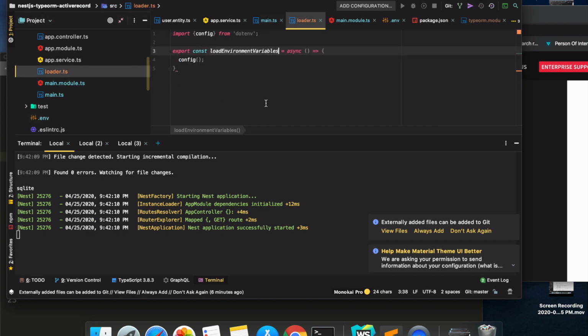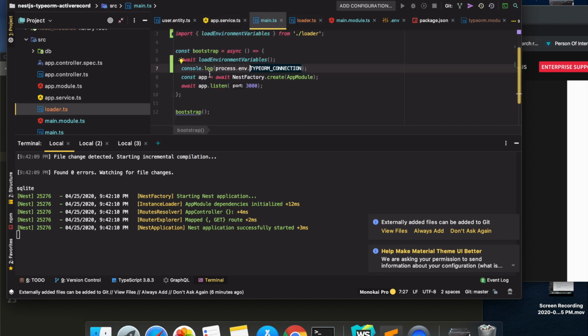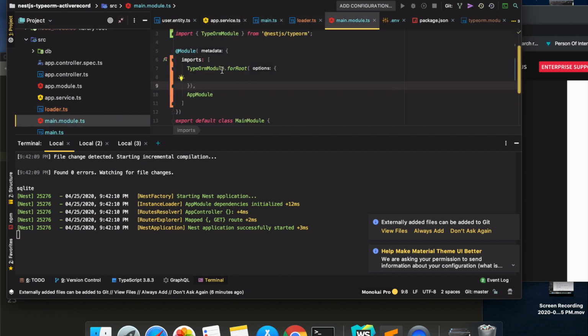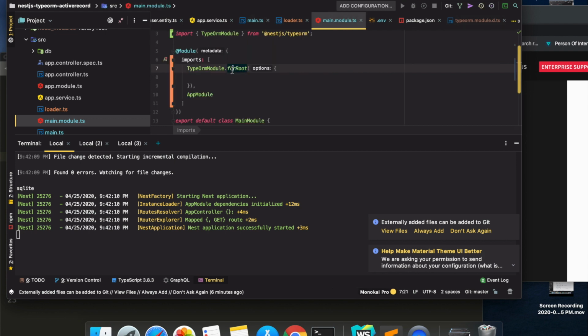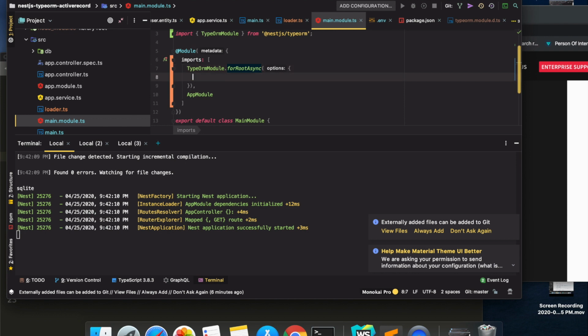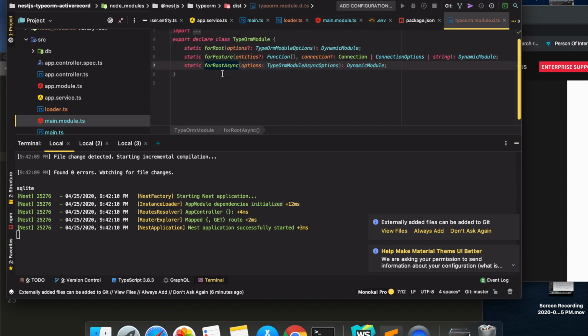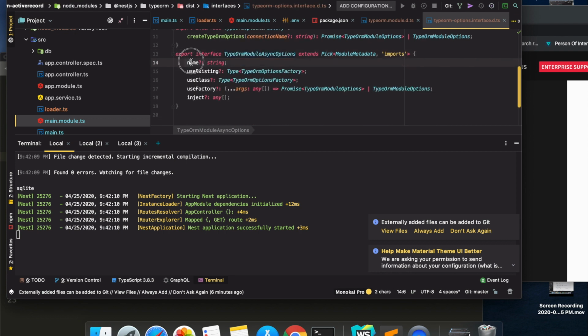So for that case we are going to use a different method. If we go to this forRoot, you see there are three functions for this module, including forRootAsync. So we are going to use the async one to load modules, instead of forRoot. forRootAsync takes options which have a couple of keys.